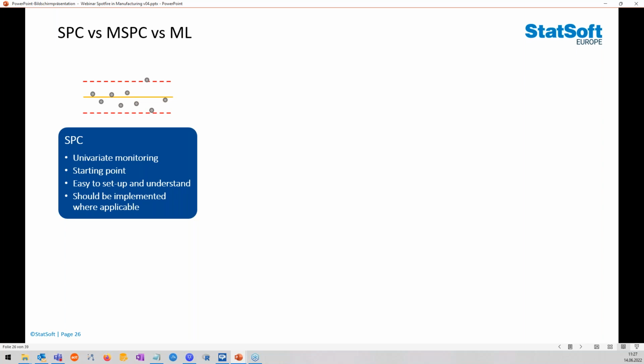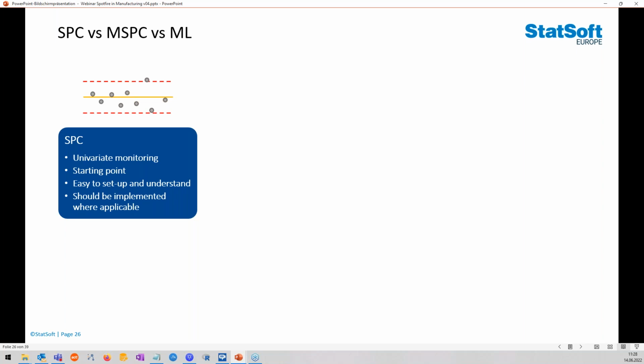And when you collect enough data, you will find that this data adheres to a certain structure. If some observations differ from this structure, you can raise a warning, or it gives you a sign that something is not right in your production process. As you are looking at all the sensors individually, or all the measurements individually, it's called univariate monitoring. So only one variable at a time.